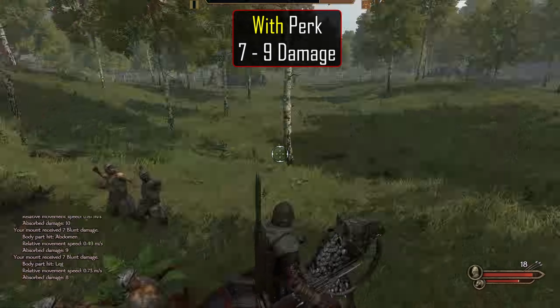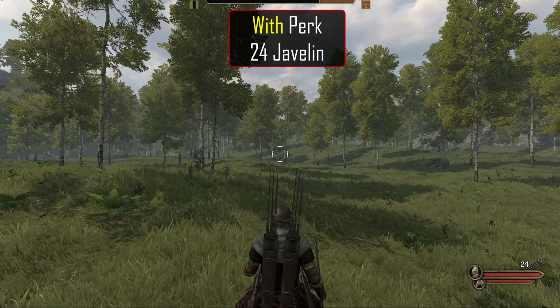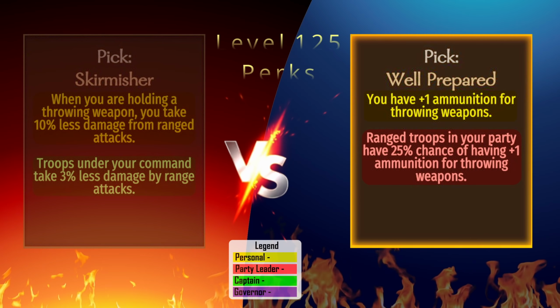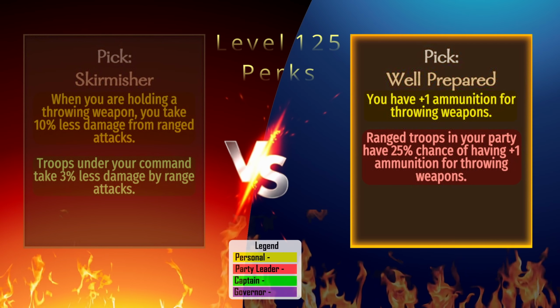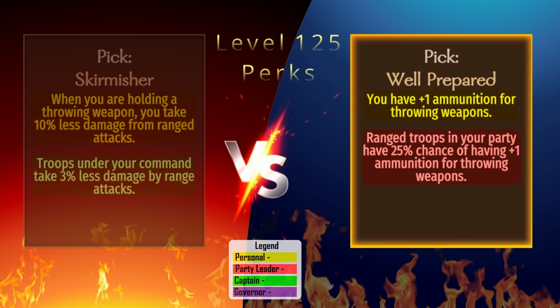Well prepared. This perk increases the number of throwing weapons in each set. We can see from testing that carrying 4 sets will go from having 20 in total to 24 with the perk. The secondary perk is tagged as Party Leader, which will give all of our ranged troops a 25% chance to have an extra shot. So with 100 archers, we can expect to have an extra 25 shots in total on average,